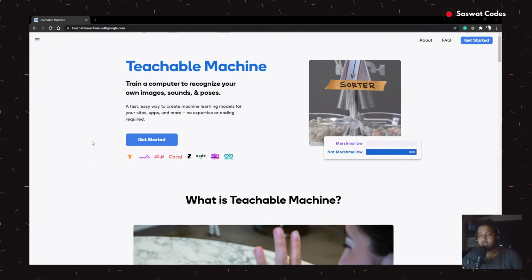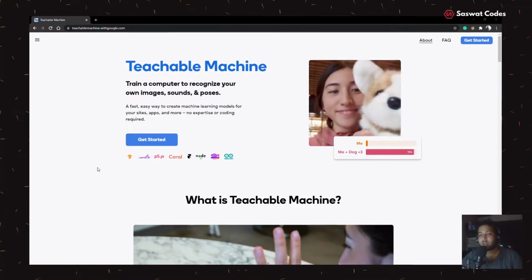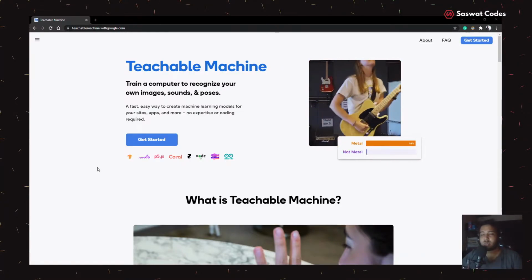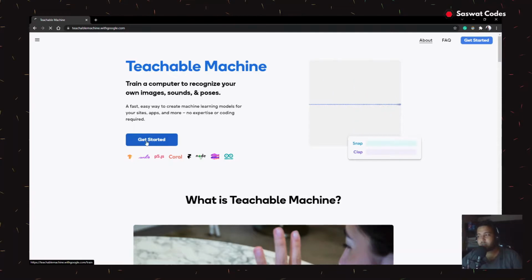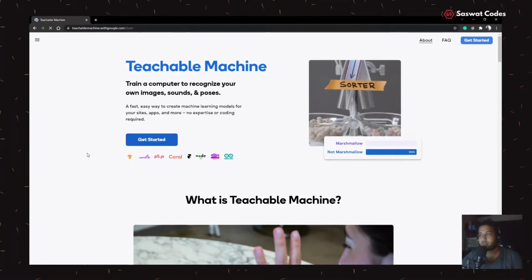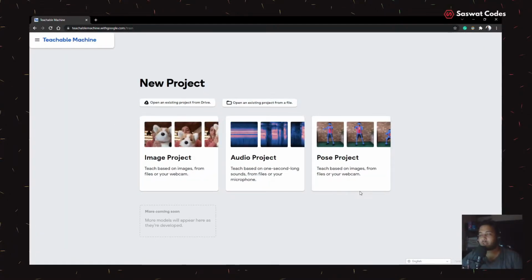Now let's get started, and in this video I will show a demo like how to teach images of two different classes and distinguish between them. So to get started, click on Get Started. Now a project page will come.